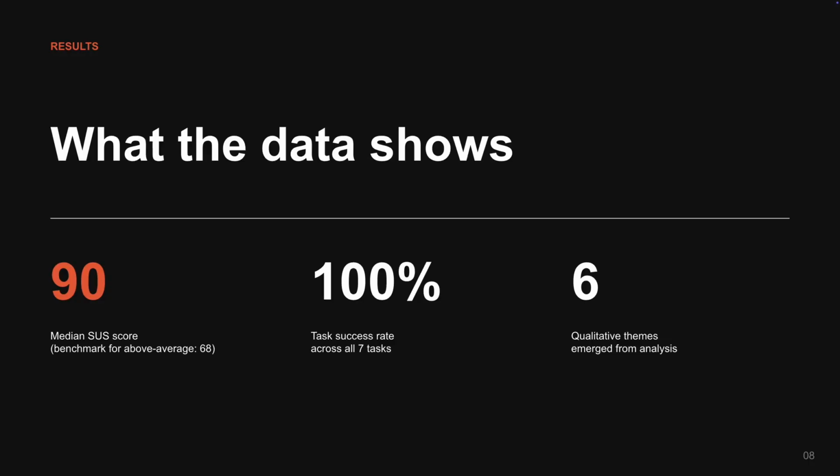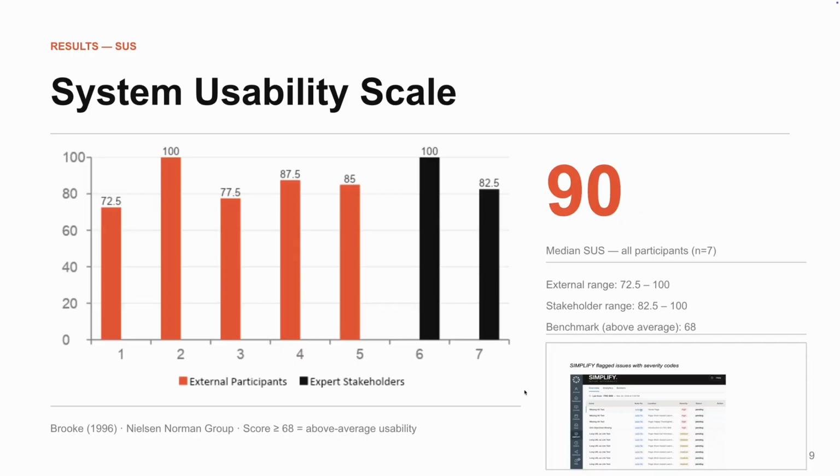The headline numbers: Simplify received a median SUS score of 90 across all 7 participants, well above the benchmark for usability testing, which is 68. Task success reached 100% across all 7 tasks, and 6 clear qualitative themes emerged, which Sophie will cover. Looking at